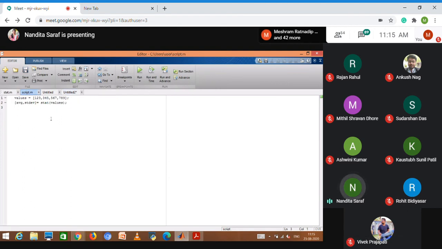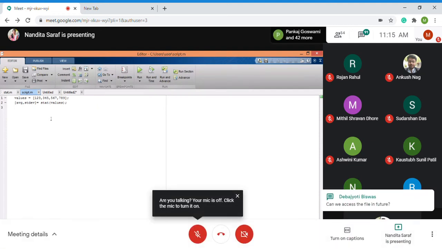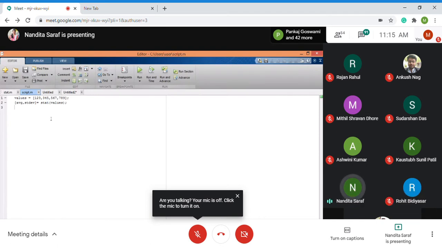Why is the answer not coming? Any error coming? Yes, if you have saved it, obviously you can access the file in future.